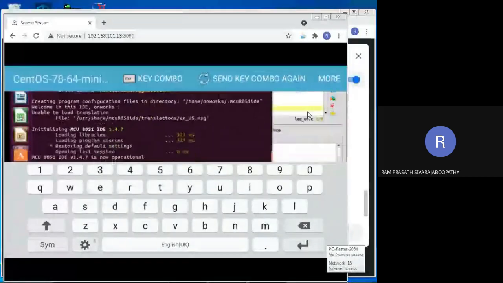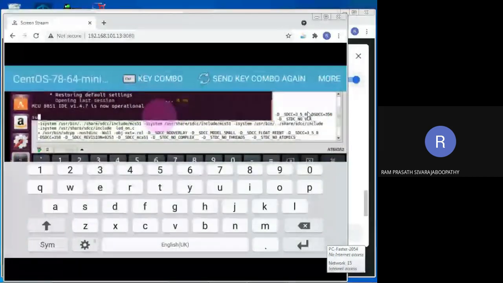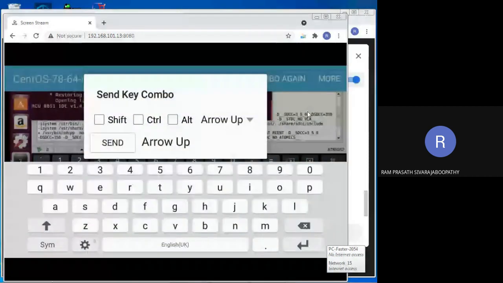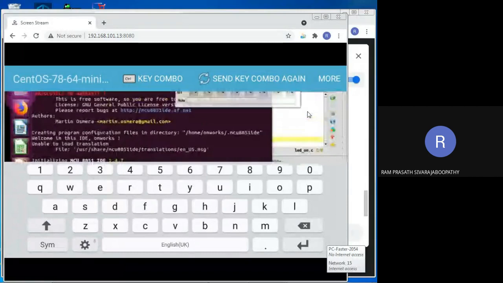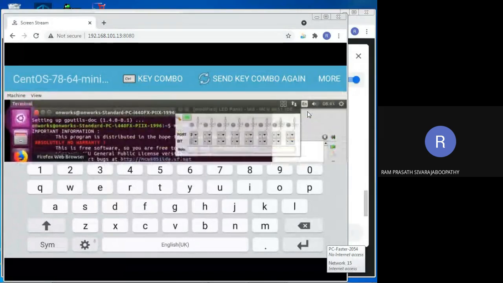Yes, sudo, or else we can go with up arrow. Wait a moment. So, send, we are not getting it. Wait a moment. Otherwise, I will open another terminal. Yes, please wait a minute. Yes, click on this particular thing.